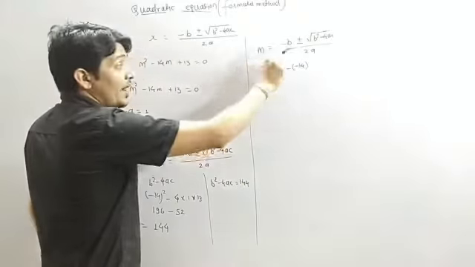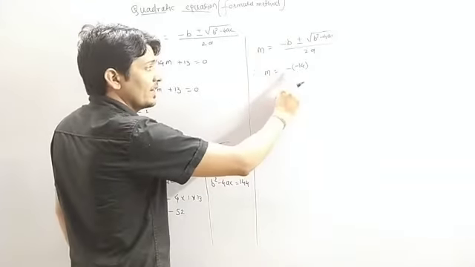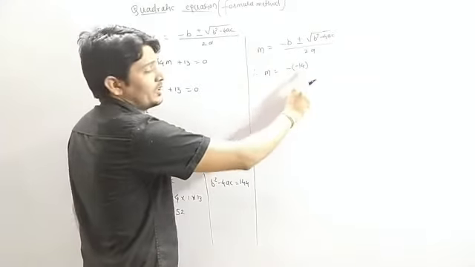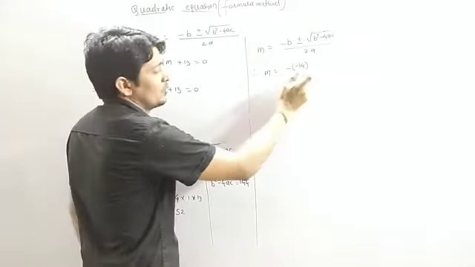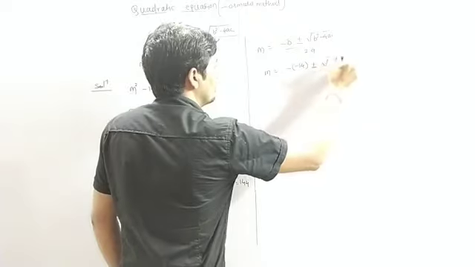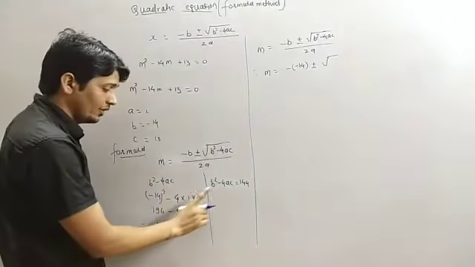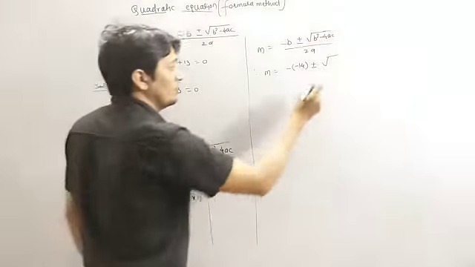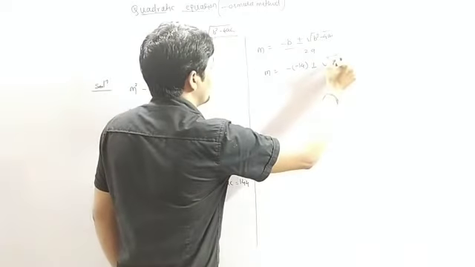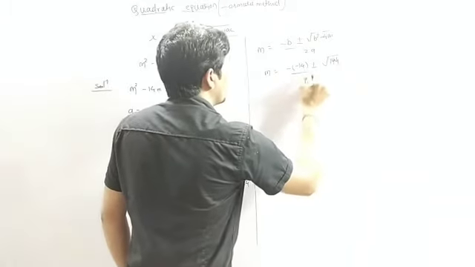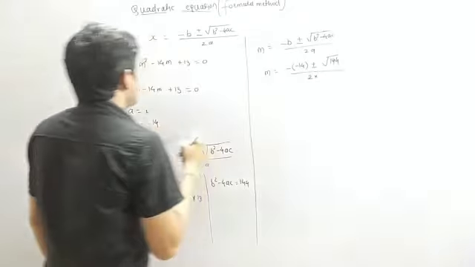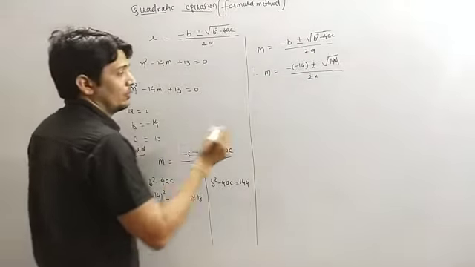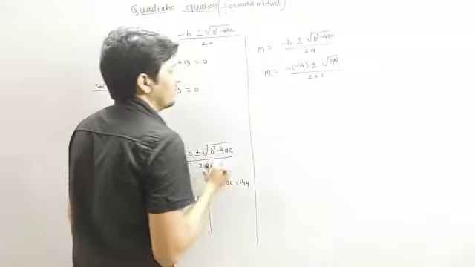See, we have minus b, so minus हमने लिख लिया और b की वैल्यू है -14, so we have to write inside the bracket. Then we have plus minus root b square minus 4ac की वैल्यू हमने अभी कैलकुलेट किया है, that is 144, so हम यहाँ लिखेंगे 144 डिवाइड बाय 2 इंटू a. What is a? a is 1, so we have written 1.